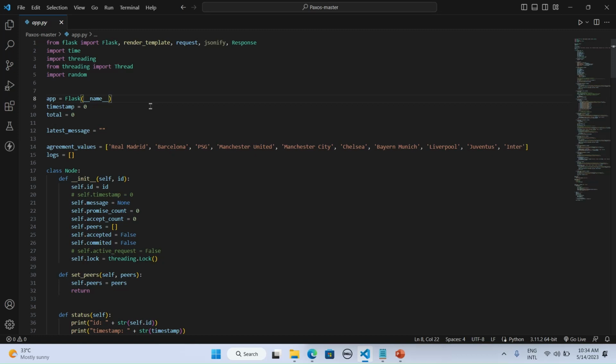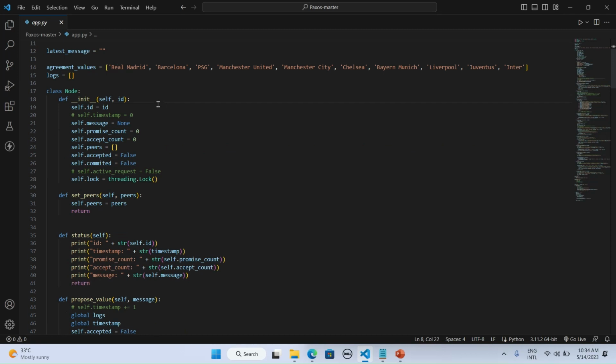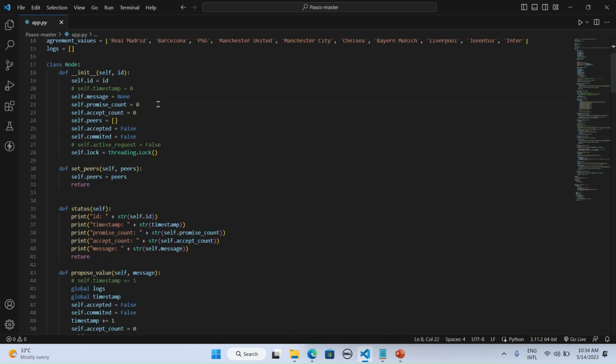The agreement values list contains the values that the nodes can agree on, and the logs list is used to store the system logs. The node class has several methods for implementing the Paxos algorithm. The init method initializes the node with a given ID and sets the other variables to their default values. The set peers method sets the node's list of peers to the given list of nodes.